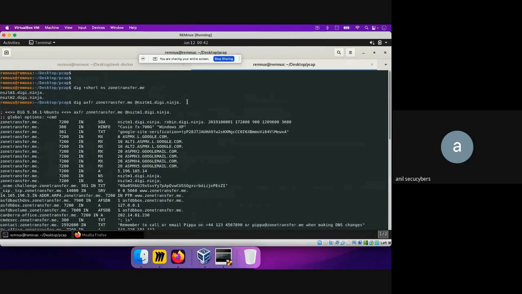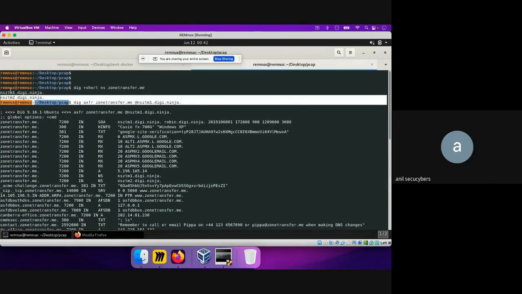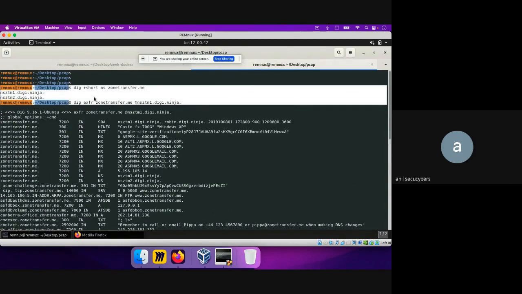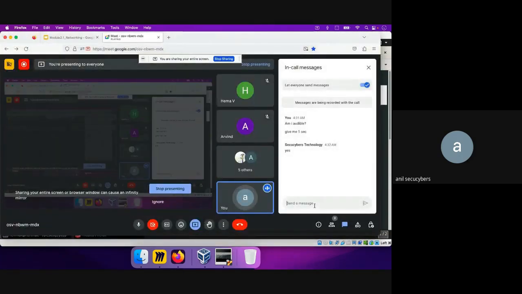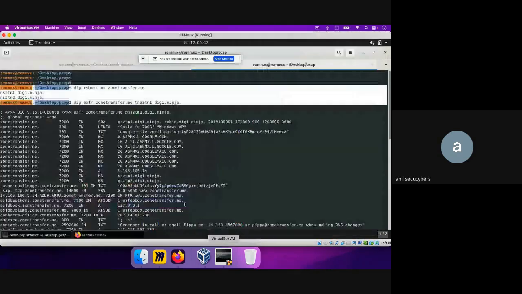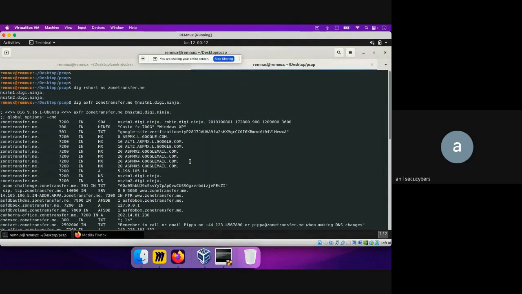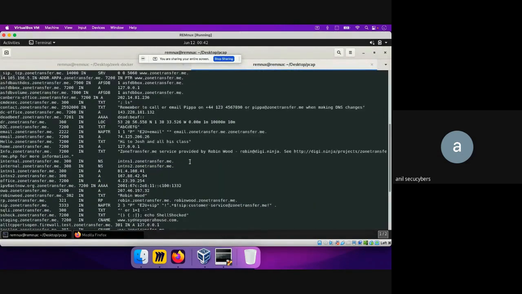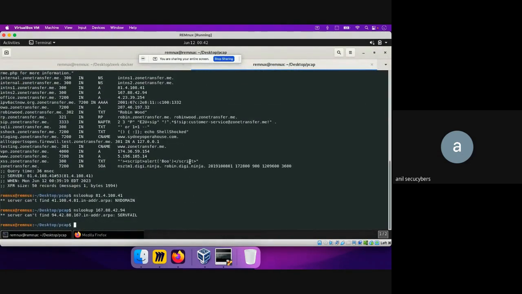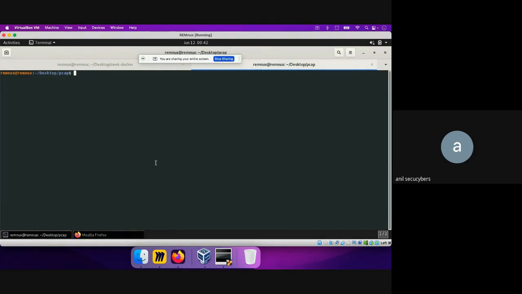So I will just paste this command. Let me copy this and paste it over here. So this is the command that I used, and this is how the zone transfer will actually work, and the attacker will get hold of things. Now if I try to do that for, let's say, facebook.com, let me try to do that. Dig plus short ns